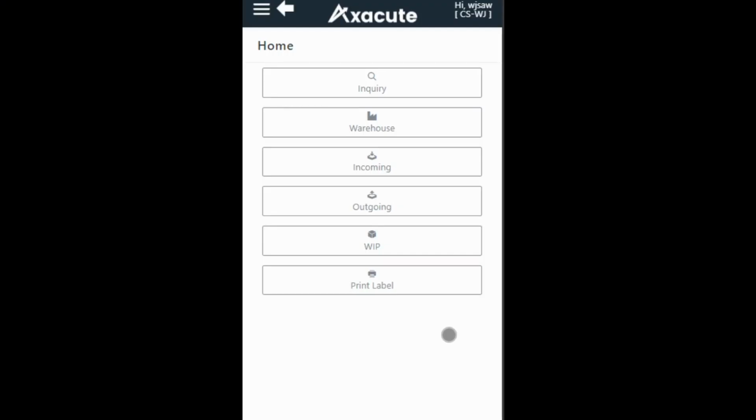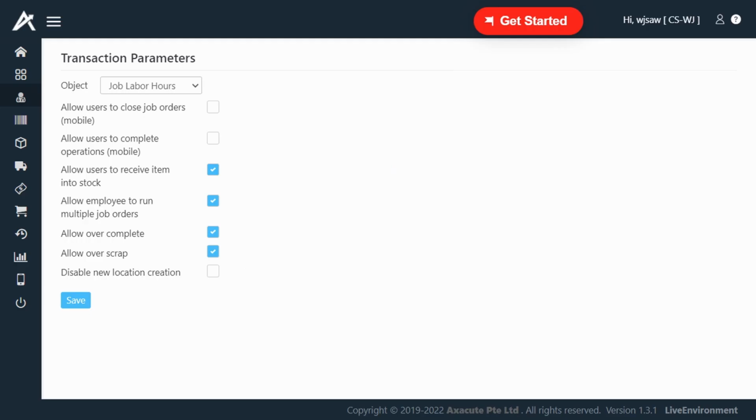In this video, we will cover Labor Run in Axacute. Labor Run allows you to record the tasks that are performed by your employees. The labor hours for each job order can be monitored through the production report in Axacute. This function is only enabled if you allow your employee to run multiple job orders in the transaction parameter under